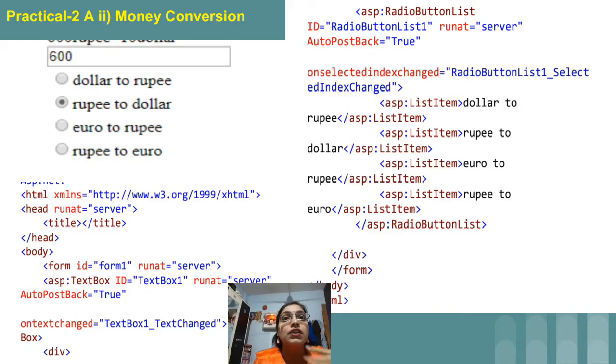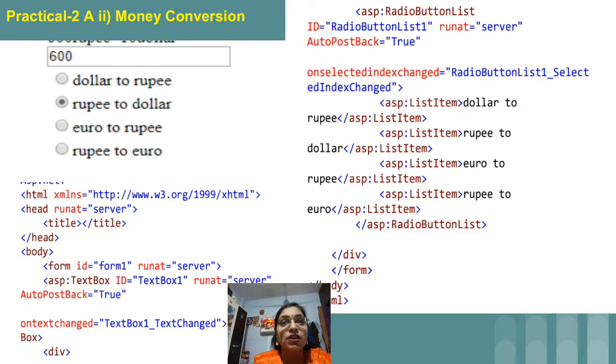If you write everything in small case, and while writing the condition you write the text in capital case, definitely we are not going to get any match. So just remember the text which you have set for the list items of the radio button list. So for this we are having 2 controls, one text box and the radio button list. And one more important thing which I want to tell you is that when you take the radio button list control from the toolbox you will be having an arrow.